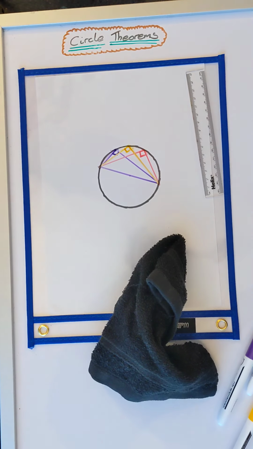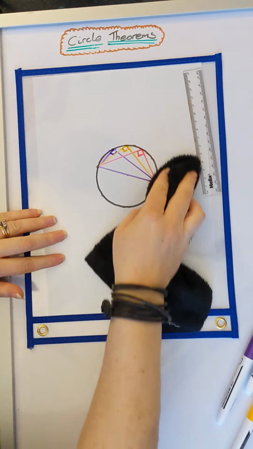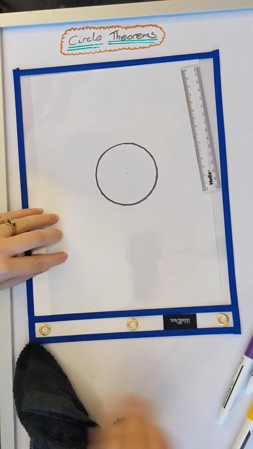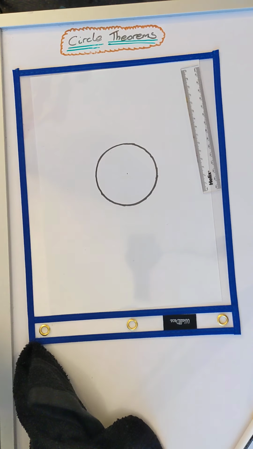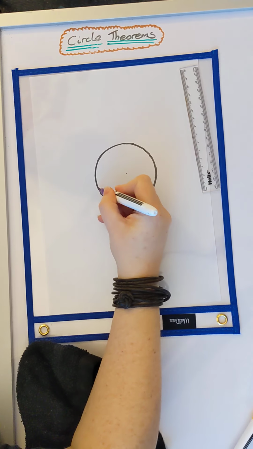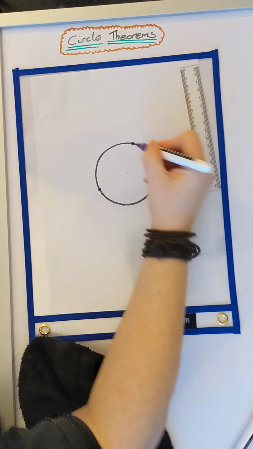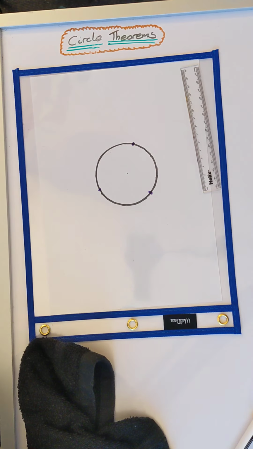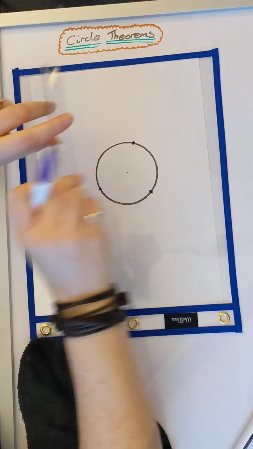Right, the next one gets a little bit trickier. If we have three points on a circle that are not using the diameter, and we join them up,